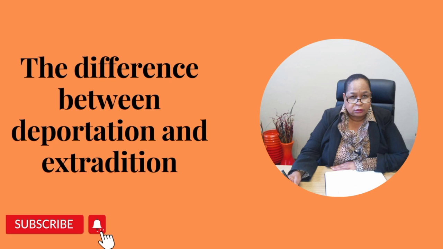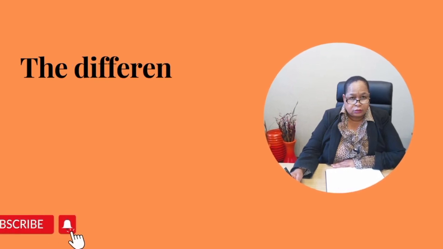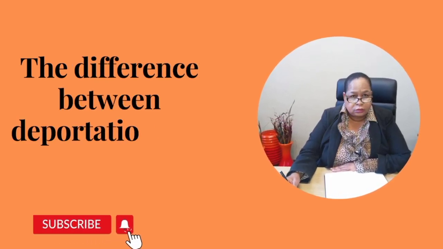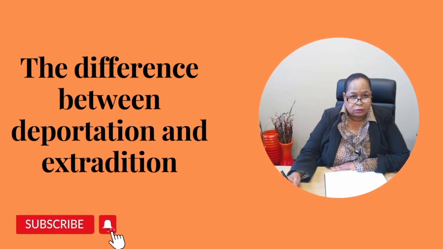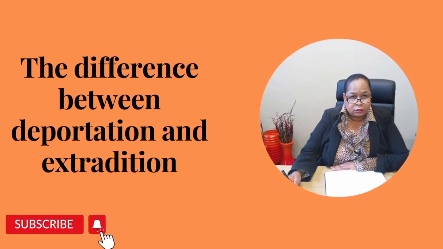Sometimes it's a political crime, which will obviously be treated as an exception. If you ran away from your country because you committed a political offense, you are an activist in that country. In terms of international law, that country would be expected to protect you and not to send you back. But if you committed one of the criminal offenses in the country, and you ran to another country, then you will have to be sent back. This is what we call extradition.